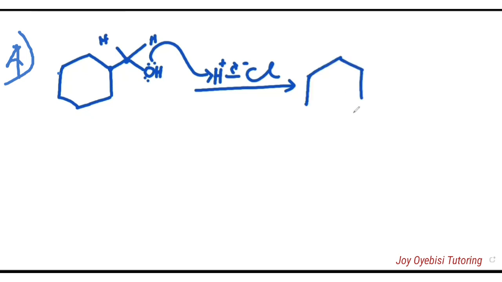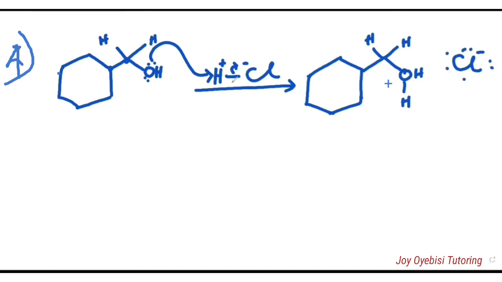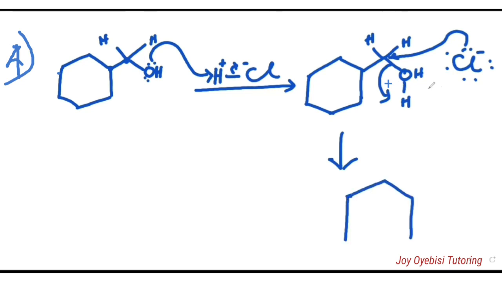Okay, so we're going to get this. Of course, the hydrogen has been attached, right? And then you still have your hydrogens here. Now the second step would then be the chlorine. Okay, this chlorine here would then attack this carbon. As it does that, this water breaks off. So still one step. So this is where your substitution reaction starts. This here is to make this a better leaving group. Okay, so our product will then be